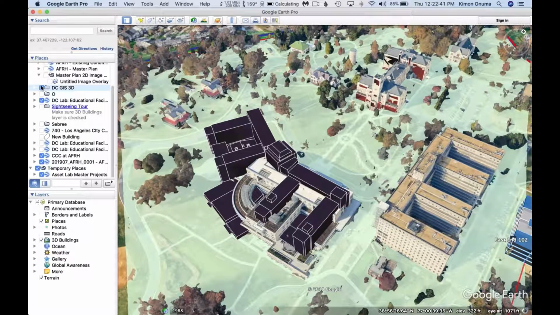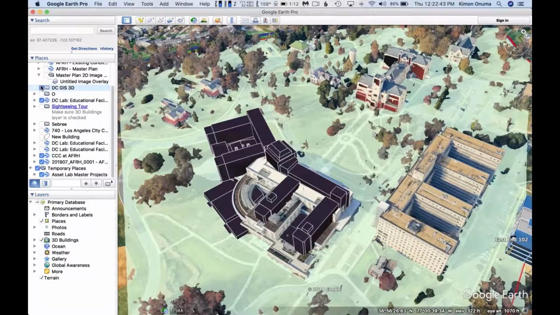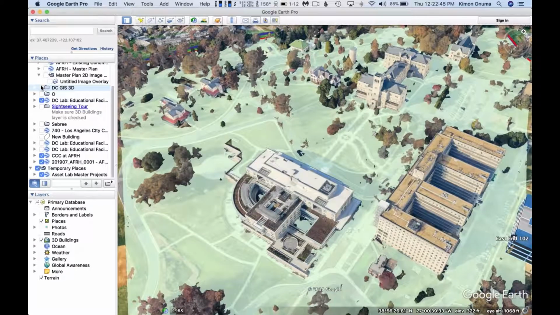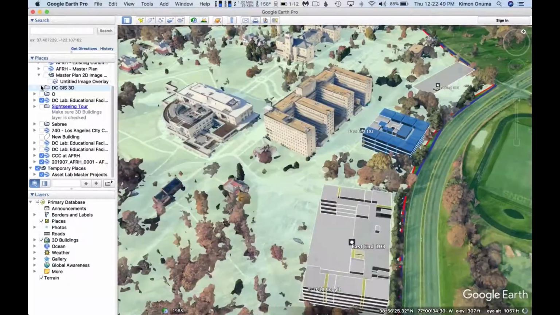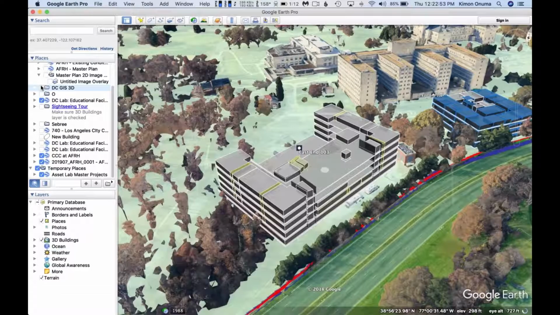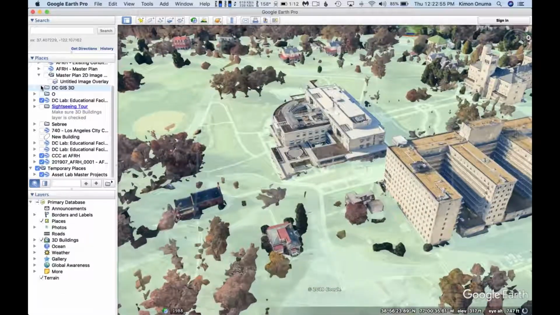Exactly. This is actually an interesting example because that's from the DC government GIS, the 3D, and then there's a Google Earth 3D version there, turning that on and off. And then Stacy's buildings are right here. And our bomb shelter is there with the four wings. Yes, there you go.